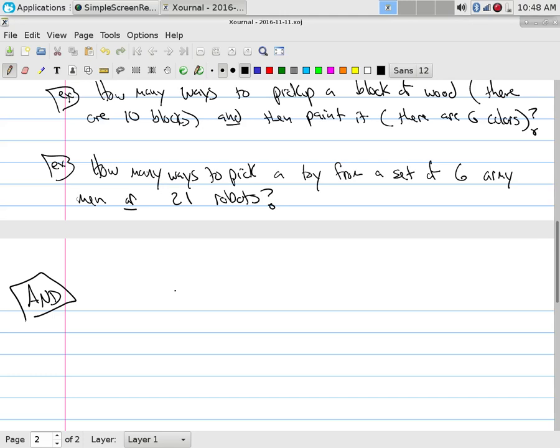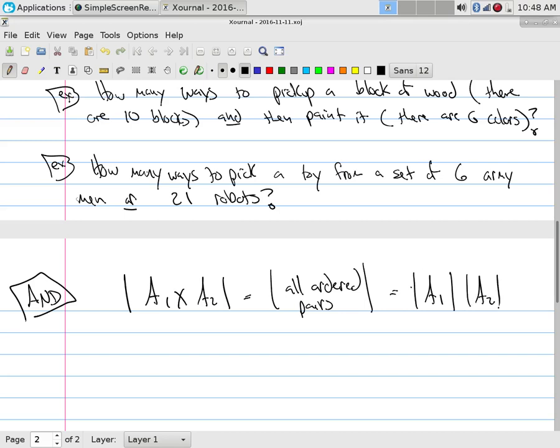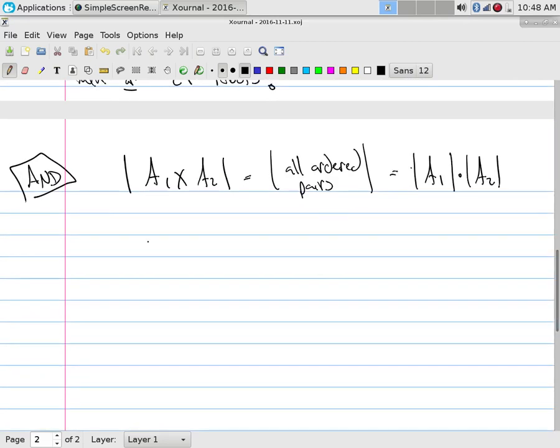So the and is forming, actually, the cross product. What's the cardinality of all ordered pairs? That's what I'm looking for. Well, how do I do that? All ordered pairs, we've already done this. This is just simply how many blocks do you have to pick, and then how many colors do you have to pick, and then you multiply them. It's a set of all cross products. And so if we look at our example above,